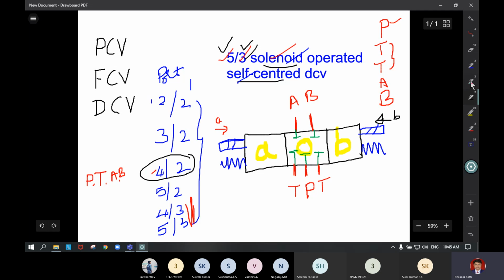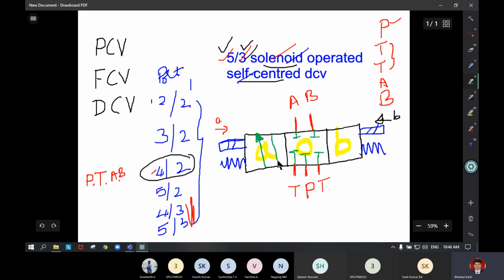Now we will try to write for the A box. When we activate here, P should be connected to A. Where is P? At the center of the square box. So from the center of the square box, to A, the corresponding point on this box. It is at this distance. Approximately take the same distance here and connect these 2 points. P is connected to the A port. So when P is connected to A, obviously B should connect to T. B port is here.